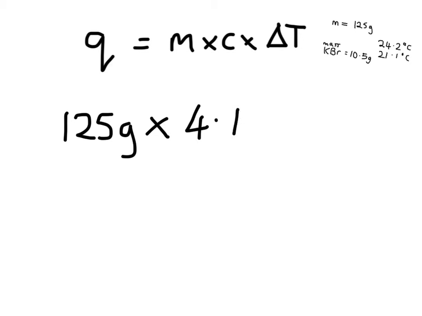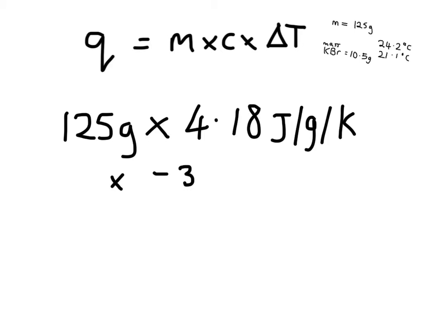Multiplied by 4.18 joules per gram per Kelvin. Multiplied by, okay, so the temperature has decreased. It's gone down, hence decreased, and it's gone down by a total of 3.1. So we're going to do minus